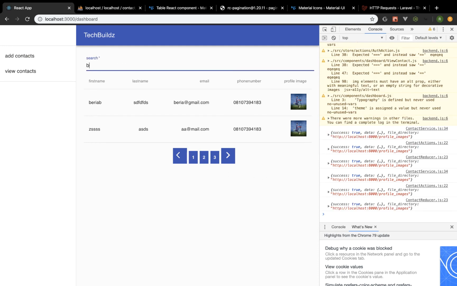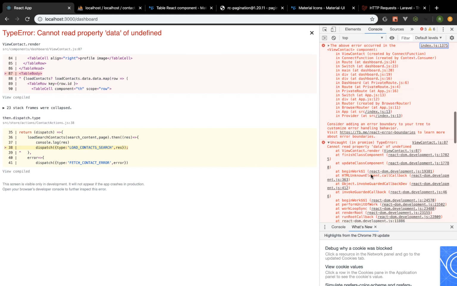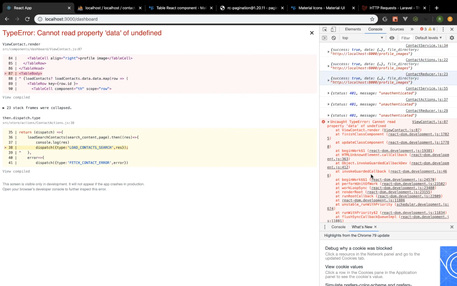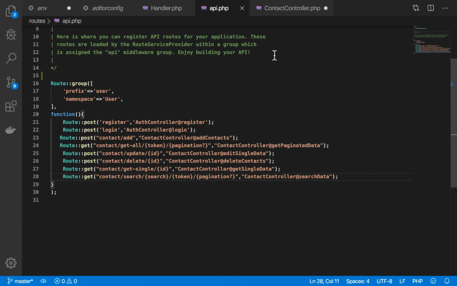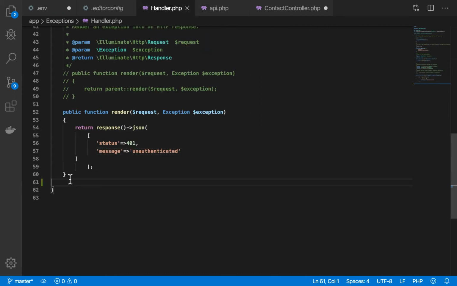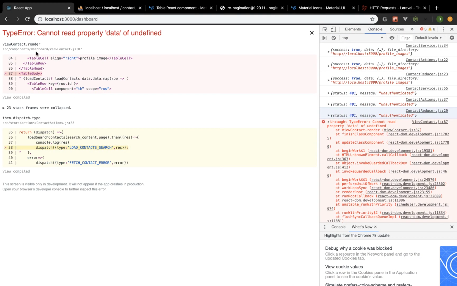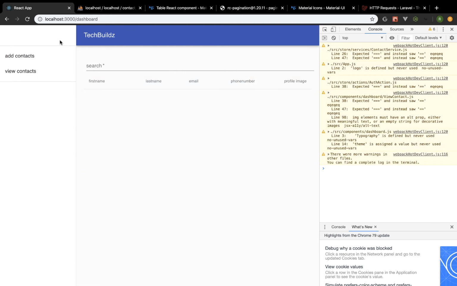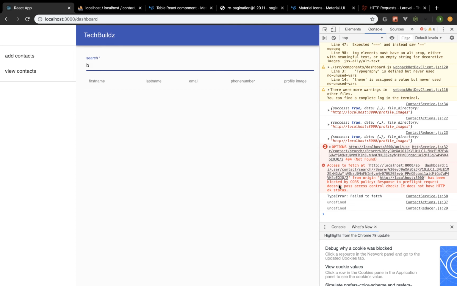Now let me start searching, and we are having an error here that says cannot read property data of undefined, and this error is coming from here. It's saying message unauthenticated. So we can quickly debug that API here by commenting it out. So let's refresh that again, and now let me type B, and we have an error here that says a